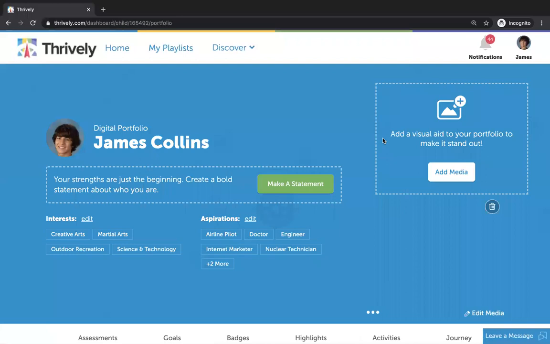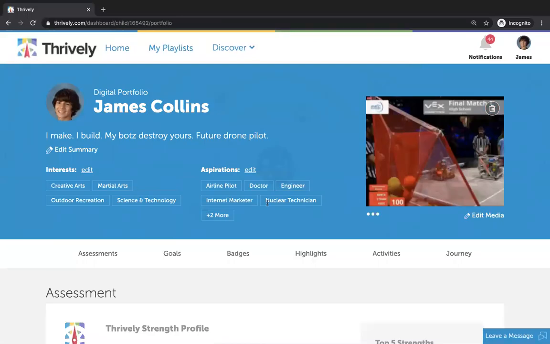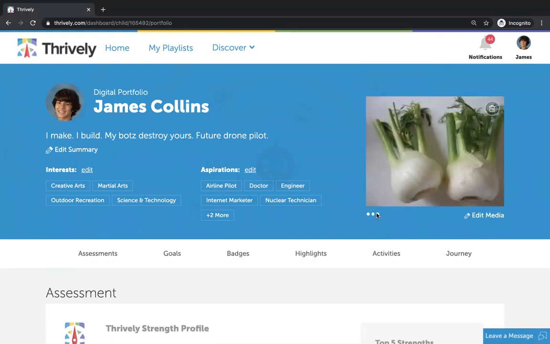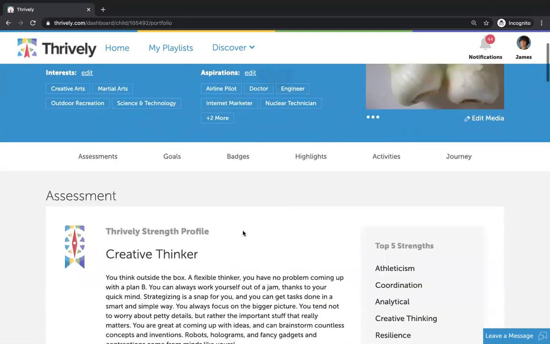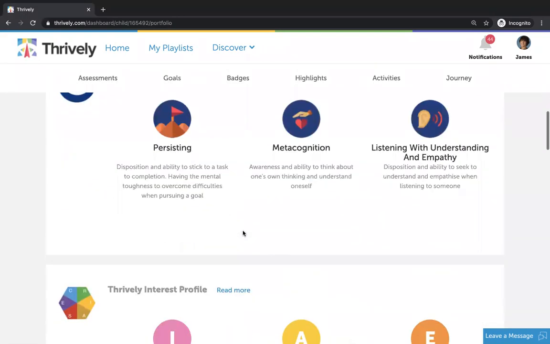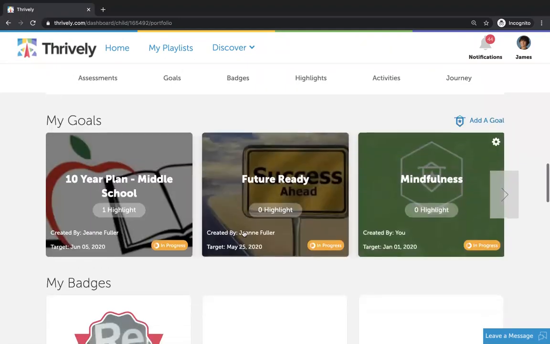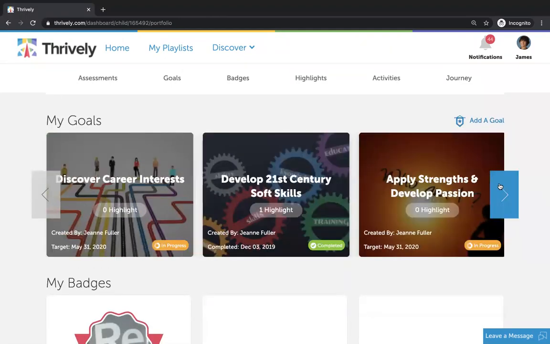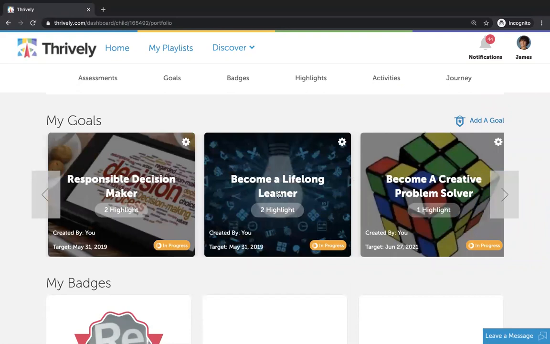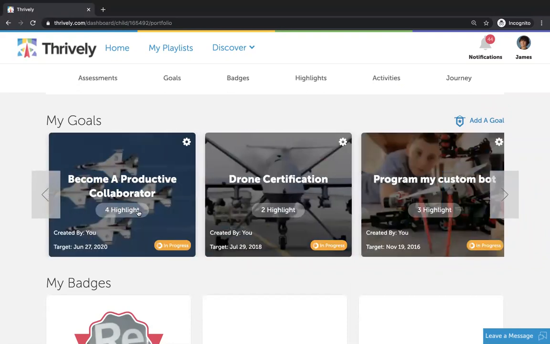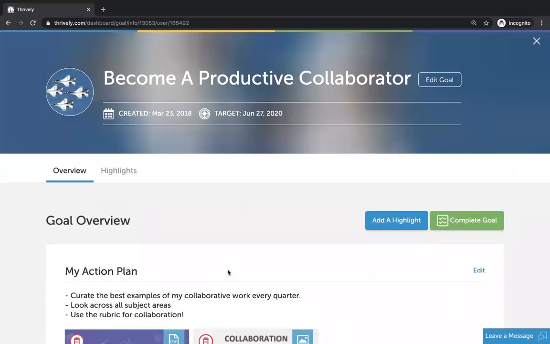If we go to James's digital portfolio, we can see that this blue banner is completely customizable. James can add media, he can add video or photos, he can customize his summary statement, his interests, his aspirations. All of his assessments are located in the portfolio. But then we have this piece of goals. So I just want to take a look at a goal. One of my favorites is this one: become a productive collaborator. So if this is our goal for James,